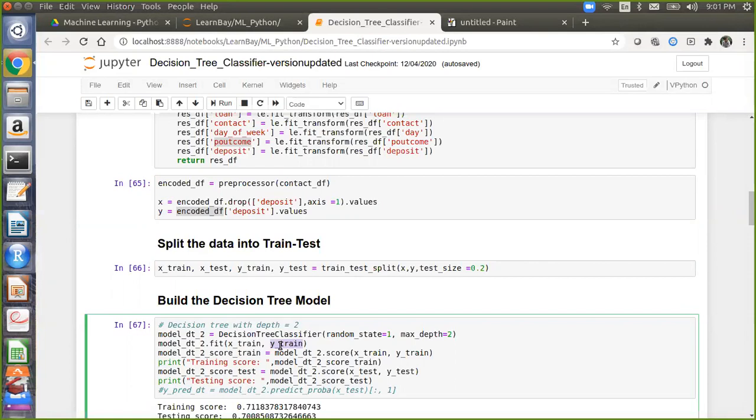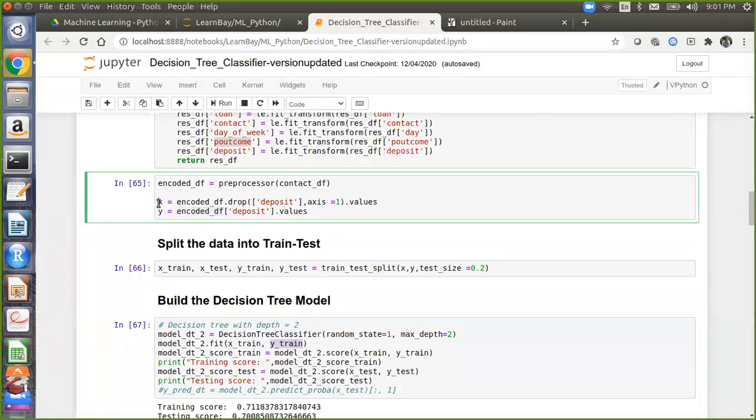But X train is based on our X, right? We have already dropped that deposit target. So you have dropped that target from X, but what is stored in Y? In Y we have both. Okay, got it. Y only contains one variable, deposit. Yes, it is split into testing and training. Got it. Thank you.